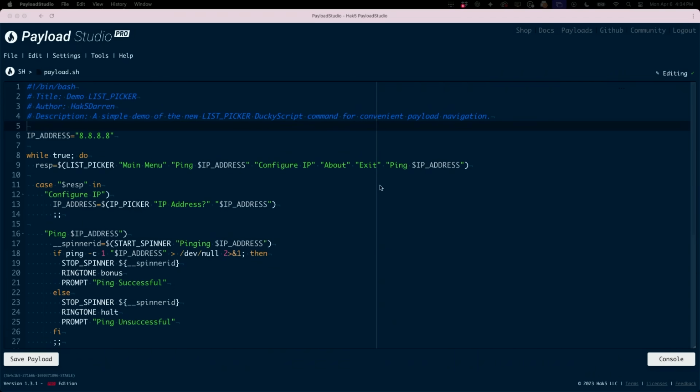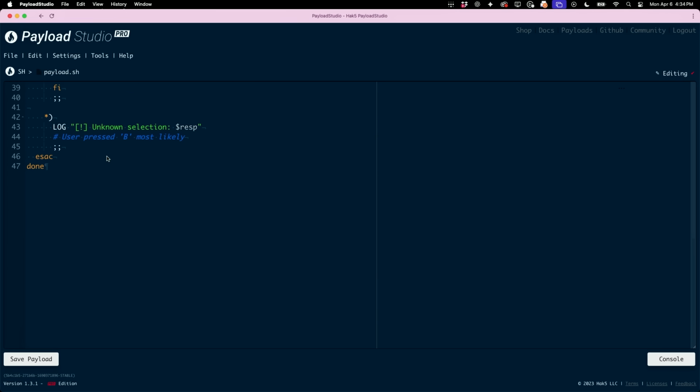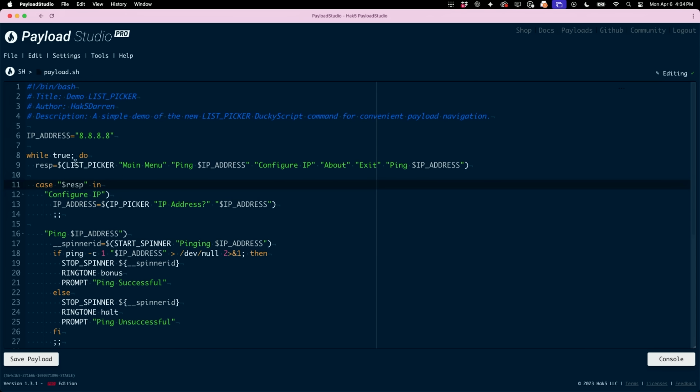So if I come over here to Payload Studio, you'll see a very simple script. Everything happens within this while loop. And then really, it's just this main list picker here that goes into the variable response. And so LIST_PICKER, the command itself, takes a couple of arguments. I give it a title like you saw there where it says main menu. And then I give it a couple of options: ping, and then get this, it's dynamic, $IP_ADDRESS, which